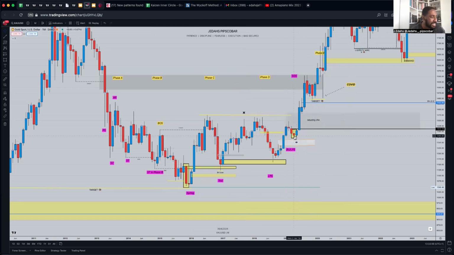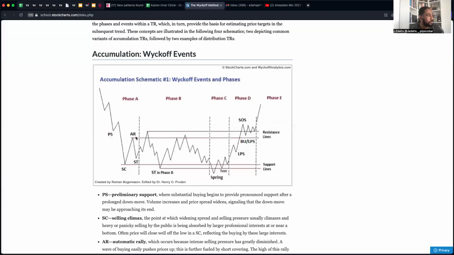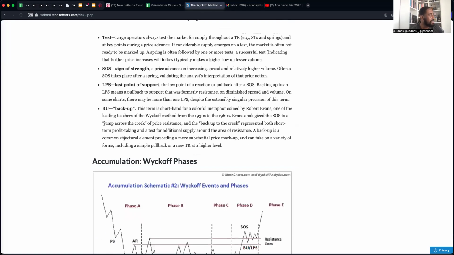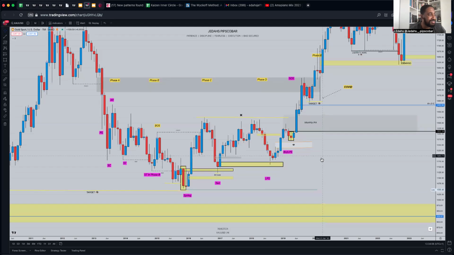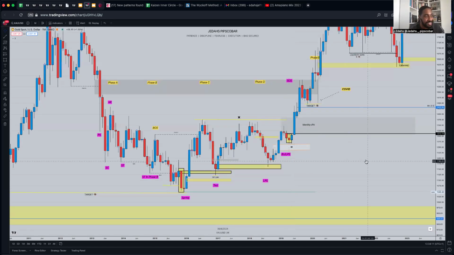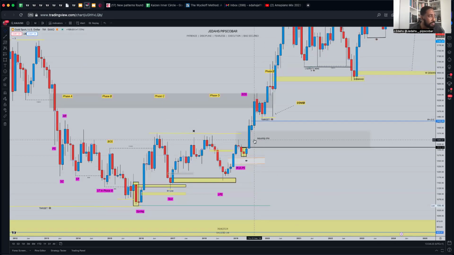Backup LPS. So again, this was 2019 now. So now we're in this phase right here. Backup at LPS, we're coming towards the top. Now we want to see signs of strength. If you never know what all of this means, it's all here, signs of strength. So we see signs of strength. This is now 2019, when I actually started trading. I wish I knew all of this when it was happening, because I definitely would have taken advantage. So this is when I did start trading, 2018, 2019. Then this happens. We see signs of strength, it breaks the high, and we already know potentially it's not going to come back. So we get the monthly IPA.